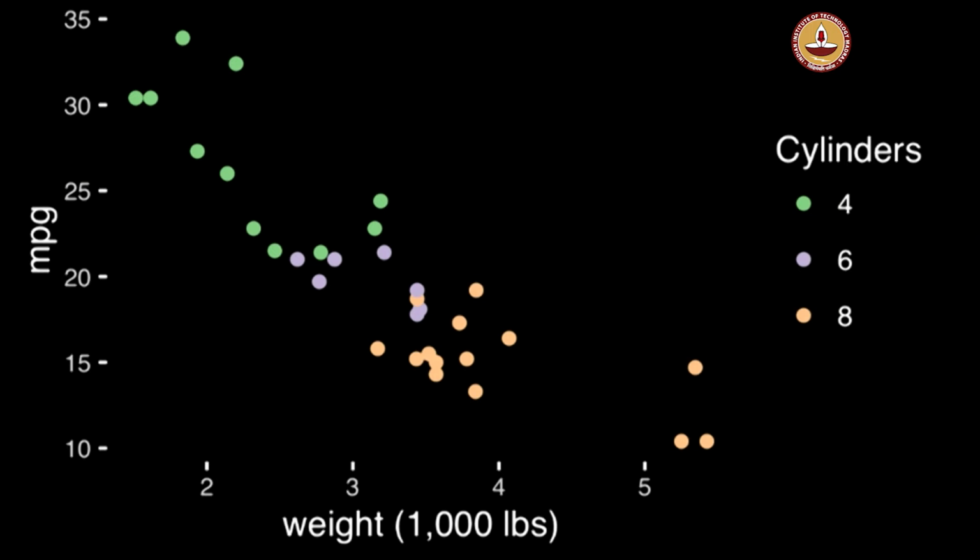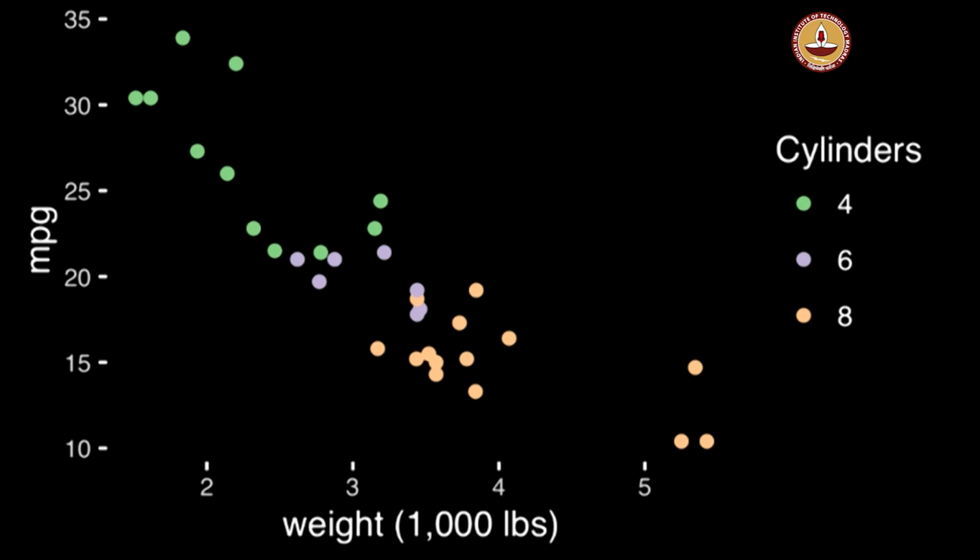Cars come in 4, 6 or 8 cylinders, and then once you plot that information using color, because they are 2-dimensional, there is bivariate data, now it becomes trivariate data. Okay. Cylinder is the third variable here. Okay. So, then you can immediately notice that the smaller the number of cylinders, the more fuel efficient it is,